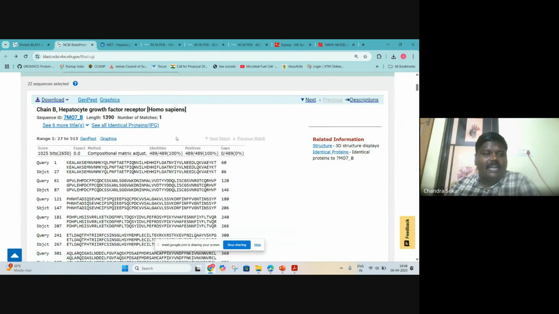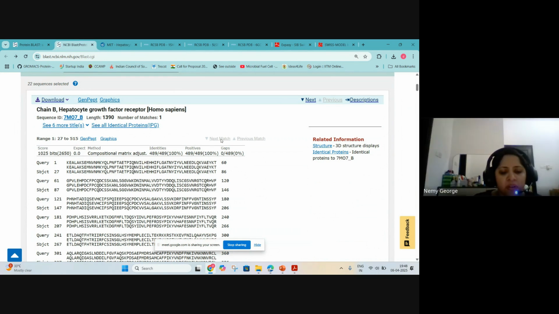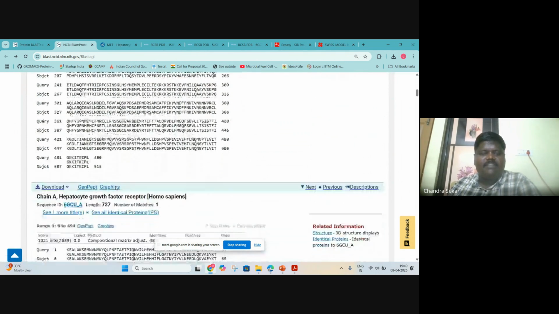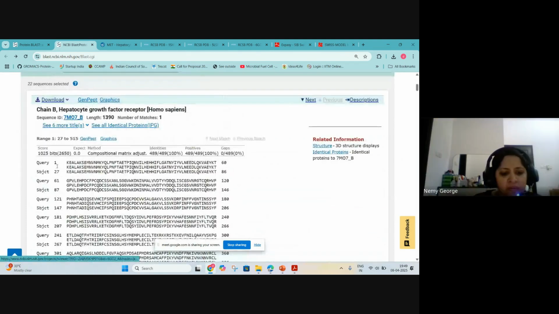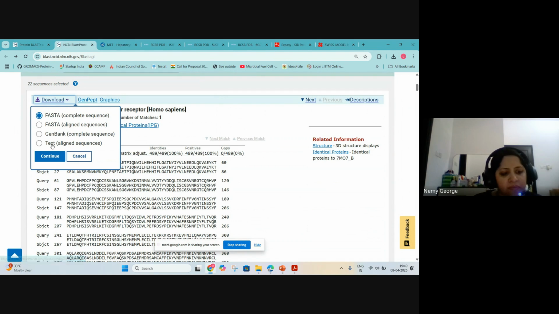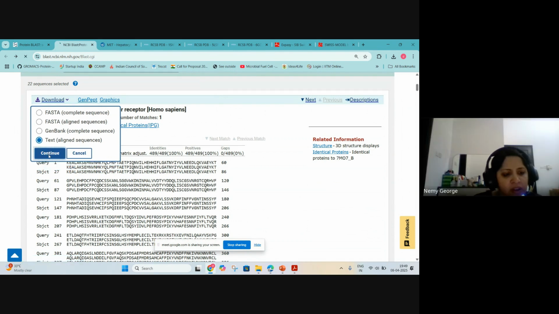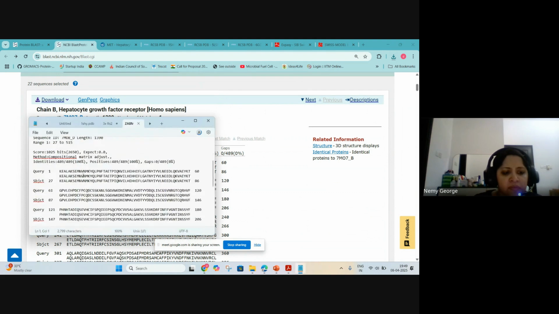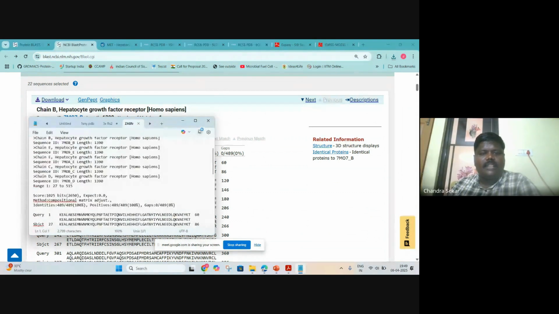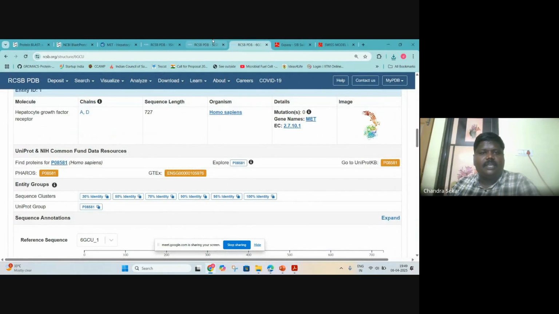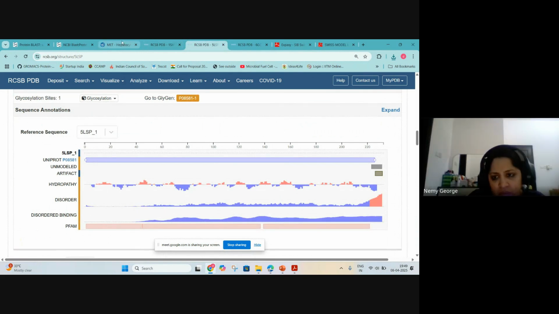I can save this alignment separately, but this is not our intention. I don't want to waste time here. These are very basics. Can you see the download here? This is called the alignment file, the text alignment. This ALN file you can upload inside. But that is not required now. Rather, we'll directly paste the sequence. We'll go for the advanced, automated method.